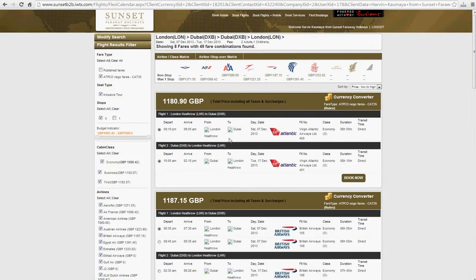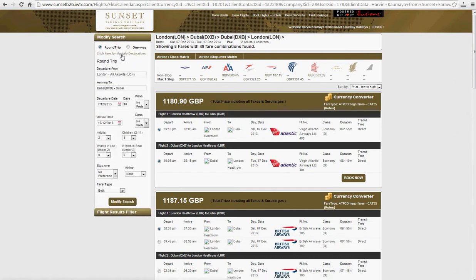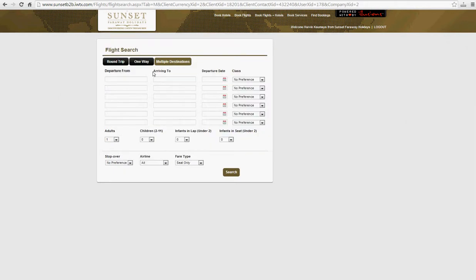Before I do so, we will actually go back and modify our search, as we would like to show you quickly the multiple flight destination searches. Again, if you click on the multi-flight destination search, it will take you to this page, and what we shall do is we shall go from London, again remembering to tab and select the departure airport. We will go to Dubai for a few nights,